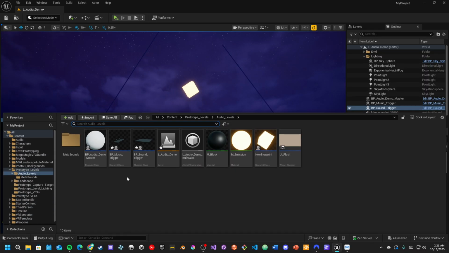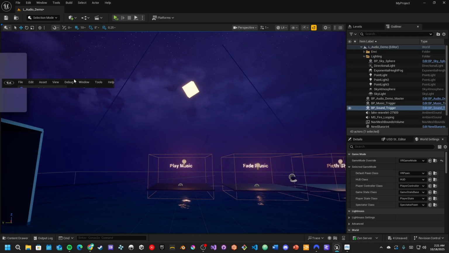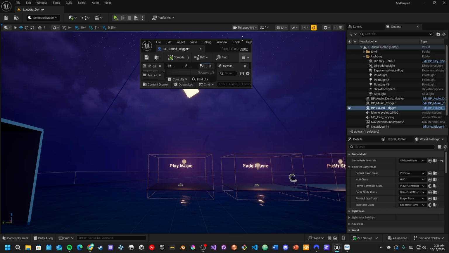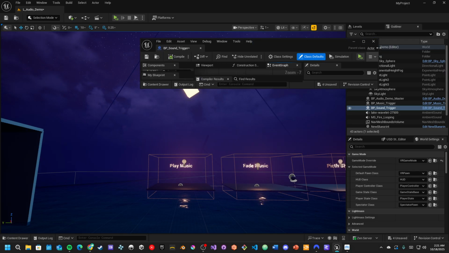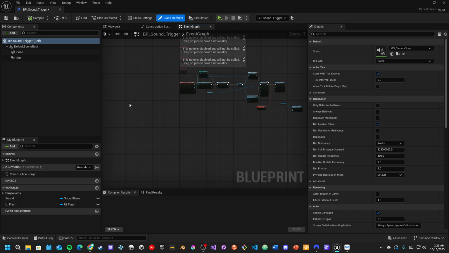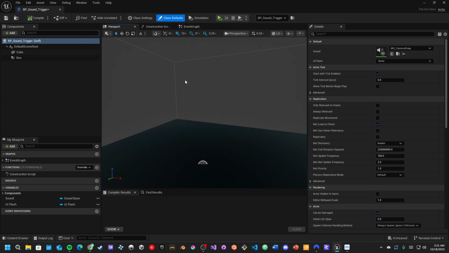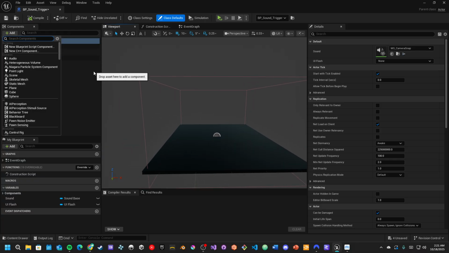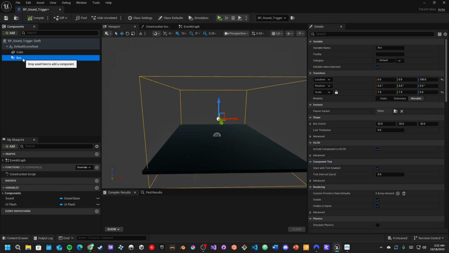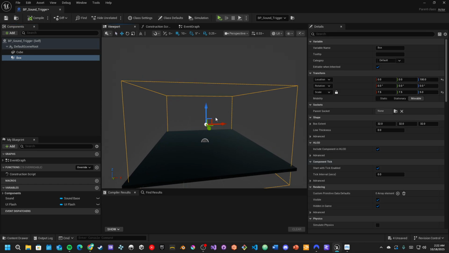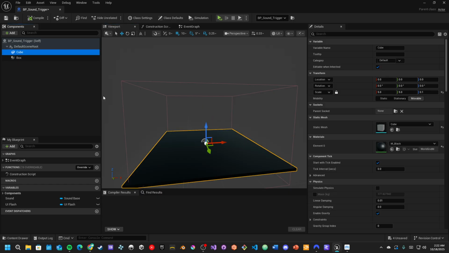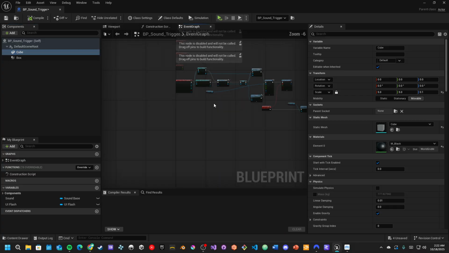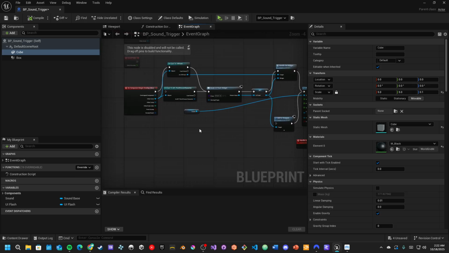But let's make the little sound trigger. I already have one up, so let me double click it to see what it looks like. I'll drag this over here. Oh, you went tiny. Drag it out. And it's fairly simple. All it is is a box trigger, or, well, I'll make it in a sec, a box collision. Something to walk into so it knows when to play the sound. And it has a cube platform so I can tell where the box collision is. And then the event graph just has some simple logic